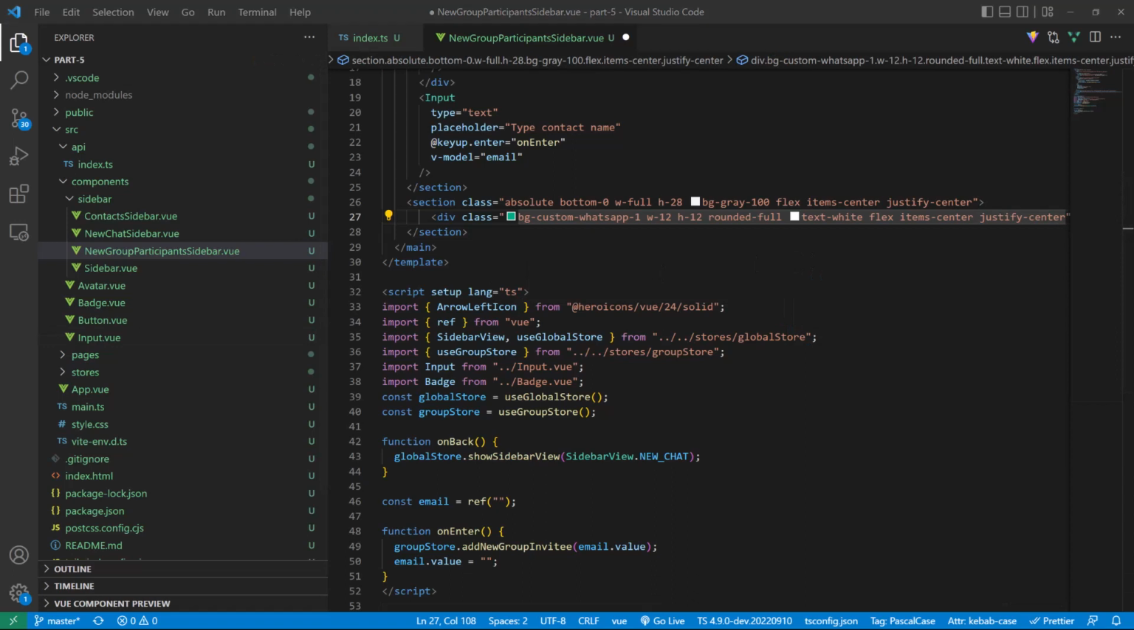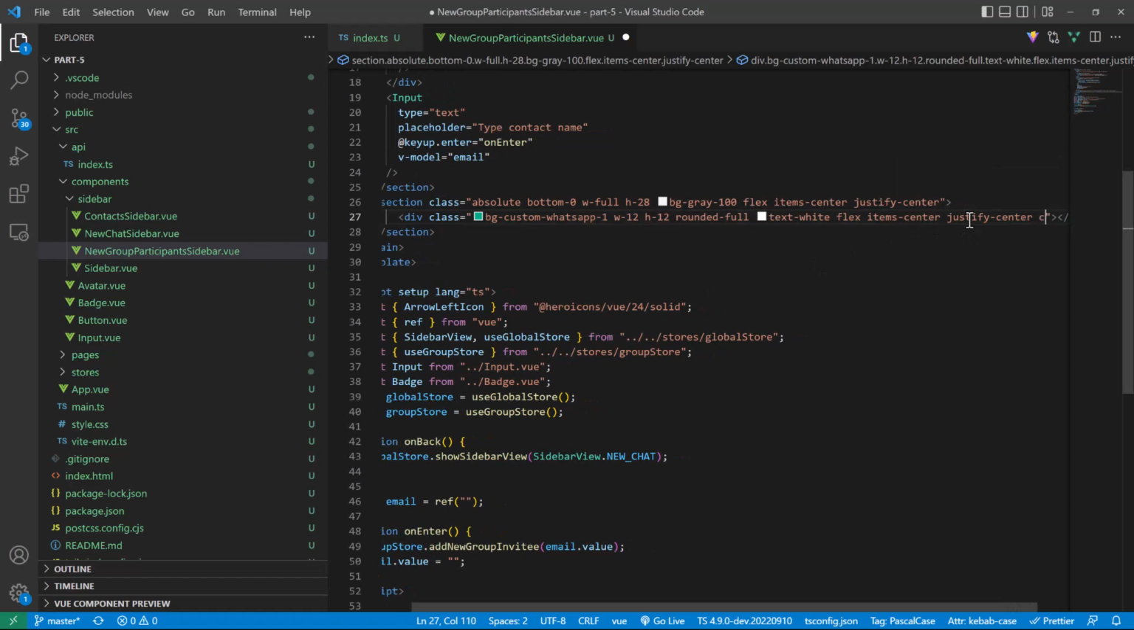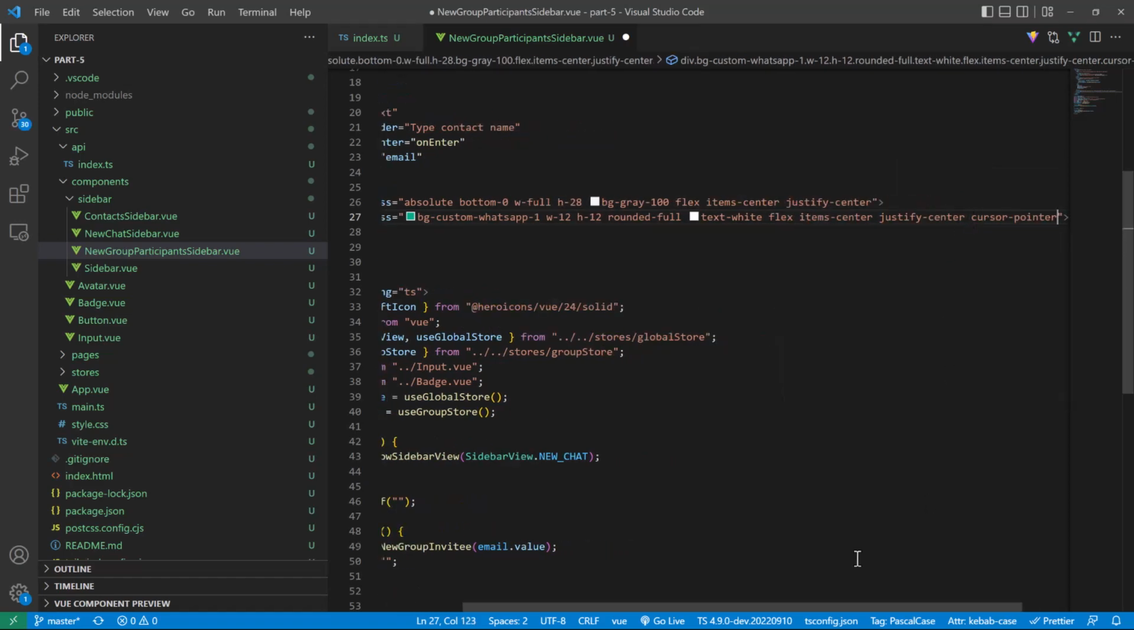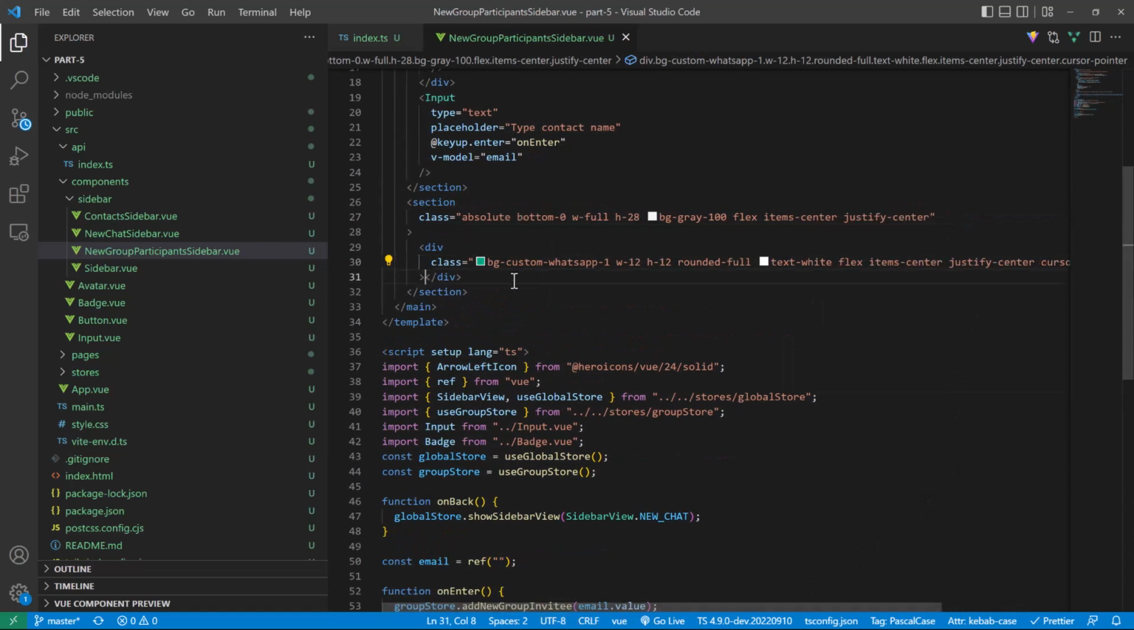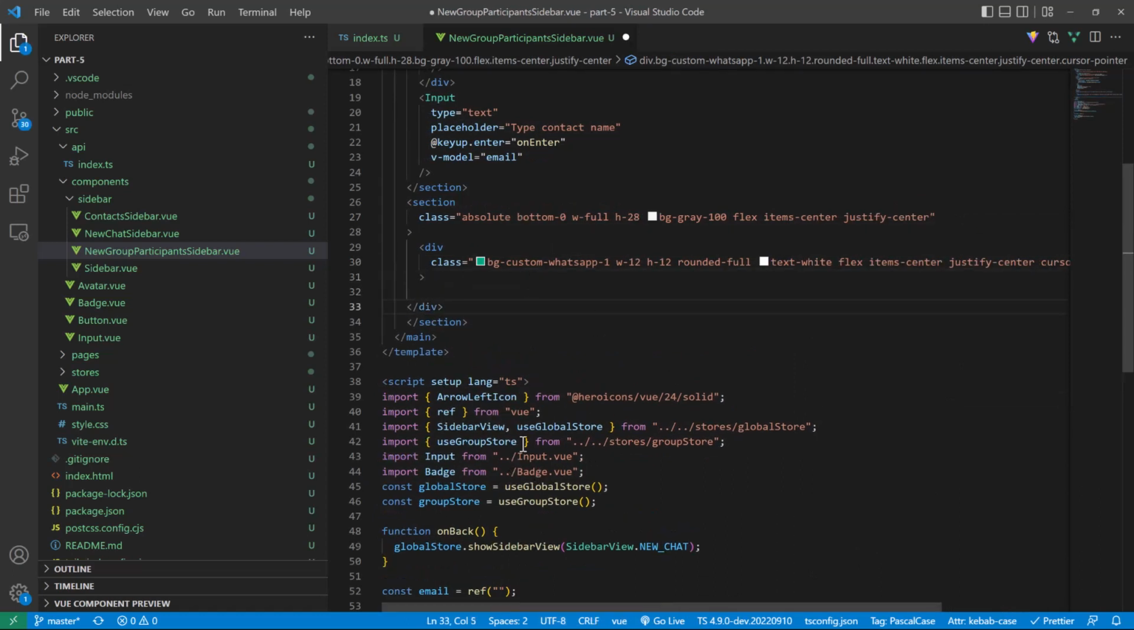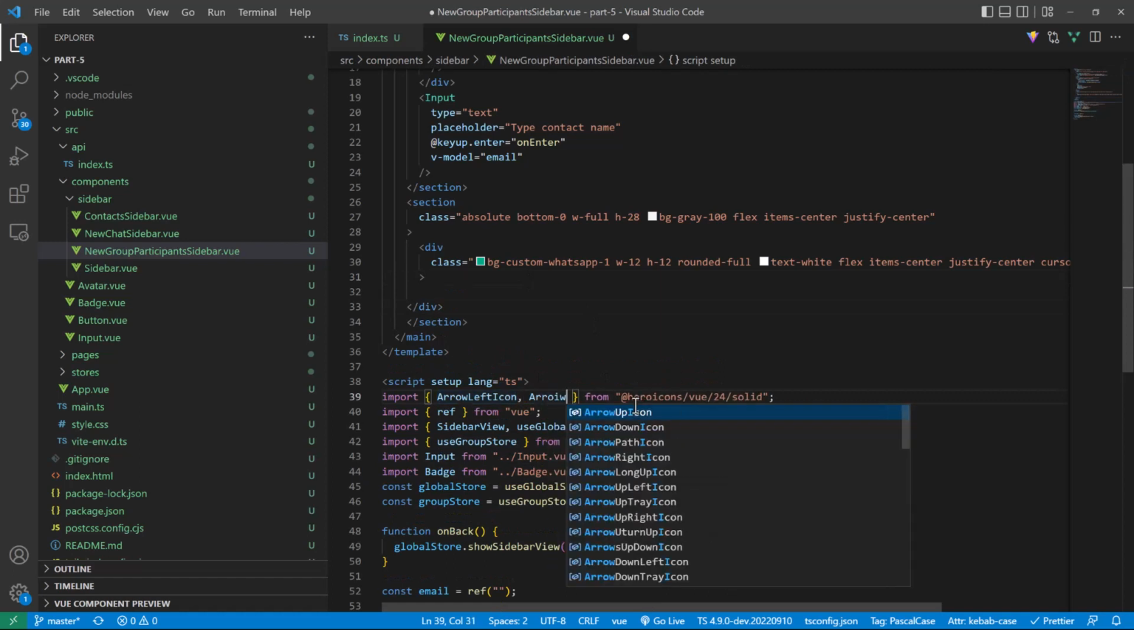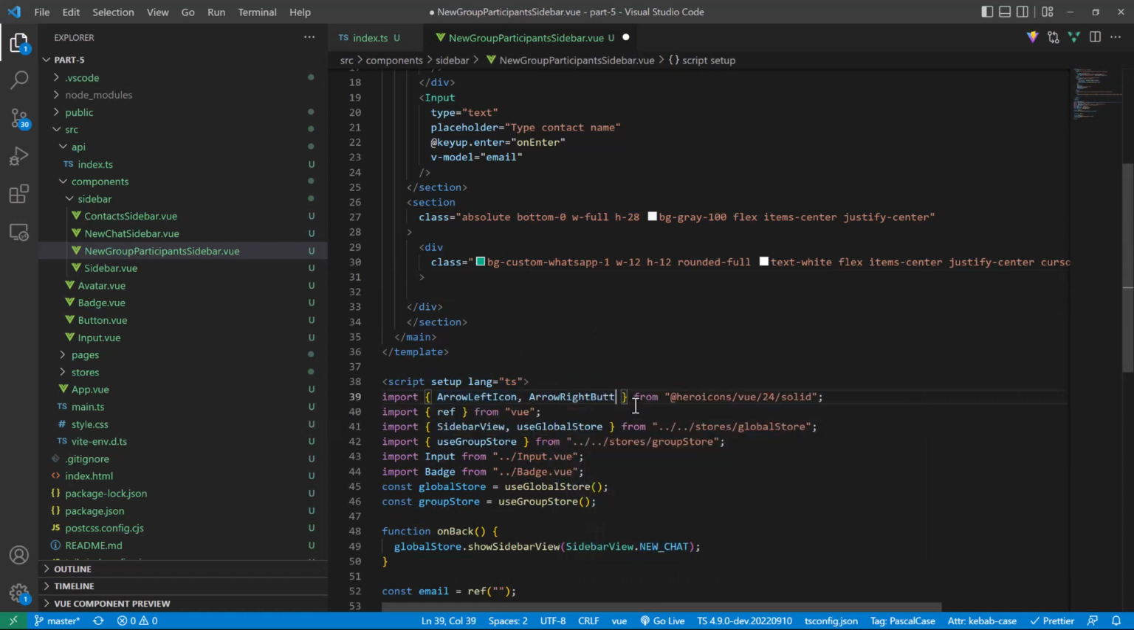All right, and in here we're going to put our actual button, just add on a cursor pointer to make it clickable. And in here, we're going to put our right arrow button, or arrow right icon rather. And we're just going to stick that in here, and we can make that self-closing. It's always better. And we're going to have a class of width 6. And when I click it,